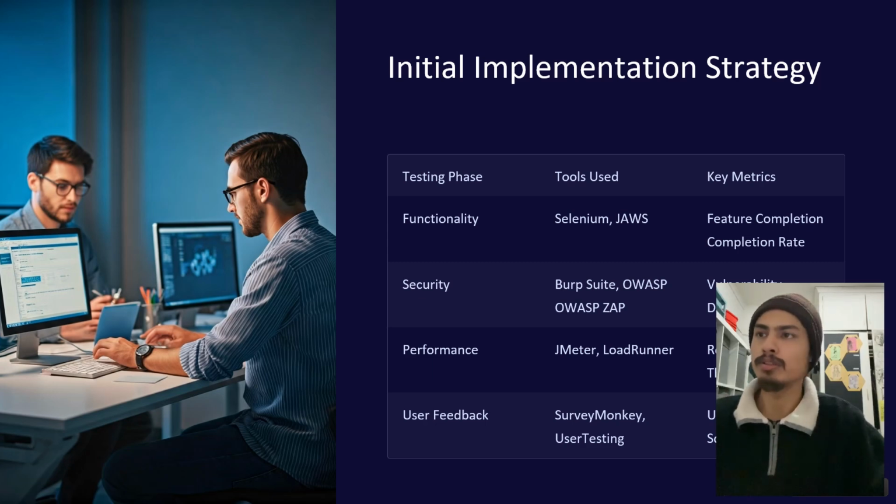Now let's move on to the initial implementation strategy. Our implementation strategy was built around a number of testings. The first one is functionality testing. We use tools like Selenium and JAWS to make sure that all the features like screen reader and voice command work properly. Security testing tools like Burp Suite help us to identify vulnerabilities and keep the user's data safe. Performance testing: we ran stress tests with tools like JMeter to ensure the system remains fast even in heavy